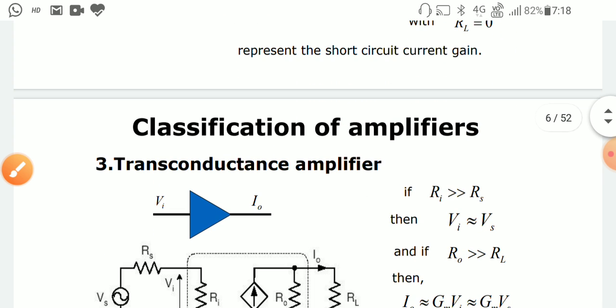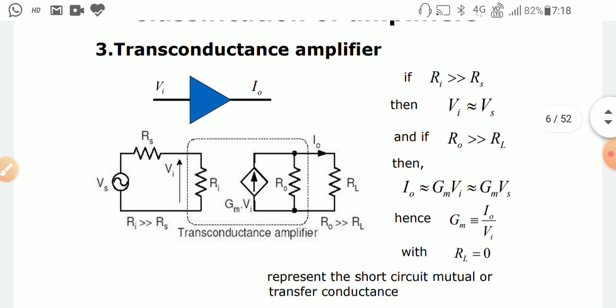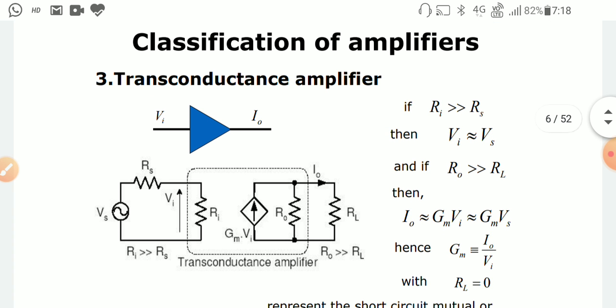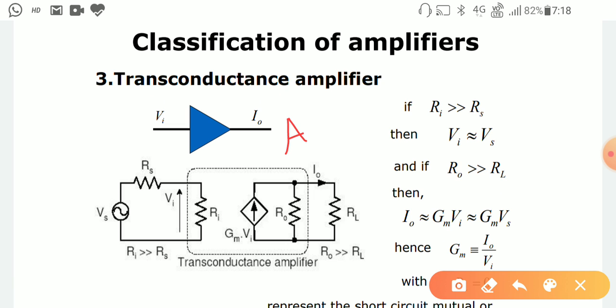Now for another kind of amplifier, which is defined as a transconductance amplifier. For the transconductance amplifier, what happens? Here the ratio will be I0 by V of I. Again, I just repeat that, gain equal to A, and this is defined as the output by the input. This is the ratio. So for transconductance the value will be 1 by R form, that is the resistive